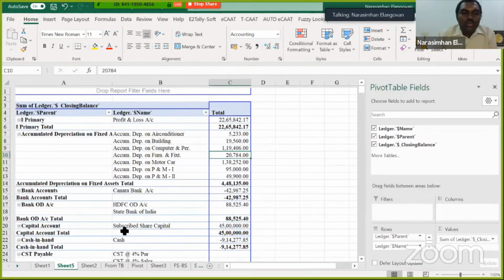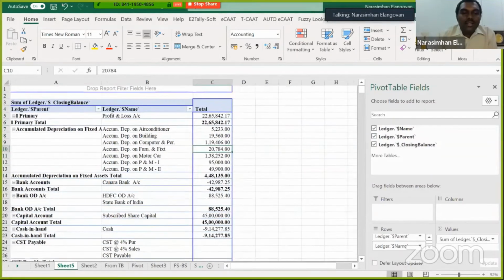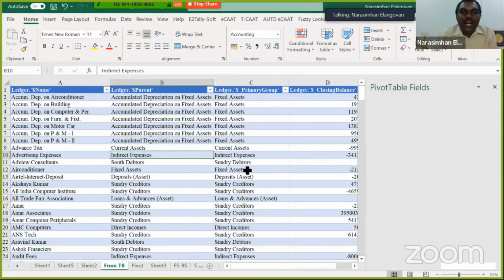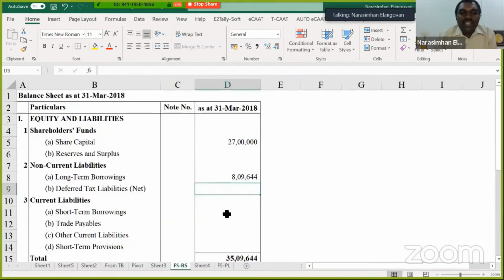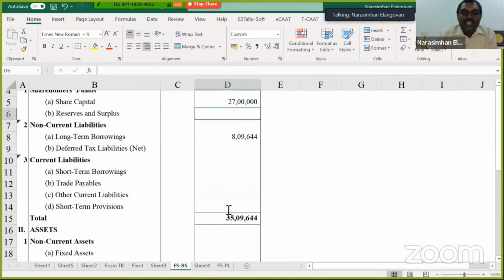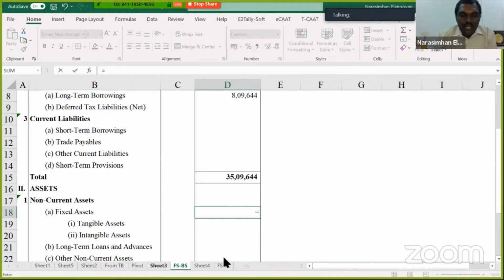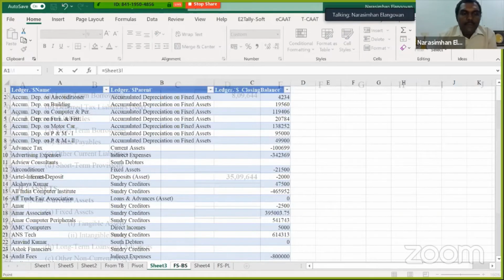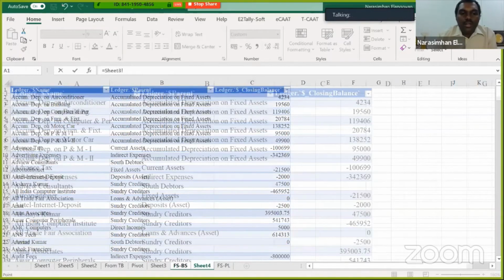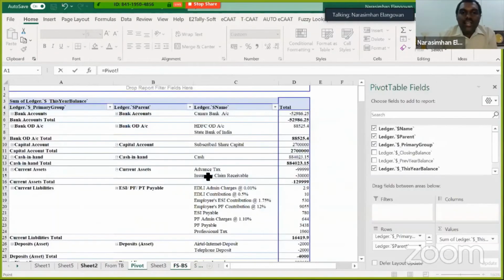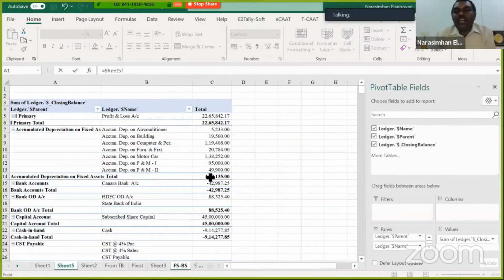Now what I do, I have my financial statements. All that I do is, assuming hypothetically fixed assets, I click on fixed assets is equal to, go to my sheet, just my sheet 4, sorry, I think it is my pivot sheet, right? Yeah, I have a pivot sheet. Okay, one of the sheets, whichever I've chosen, I think sheet 5. Just go here and link this item, example, accumulated balance.